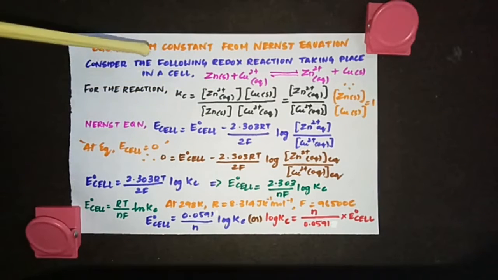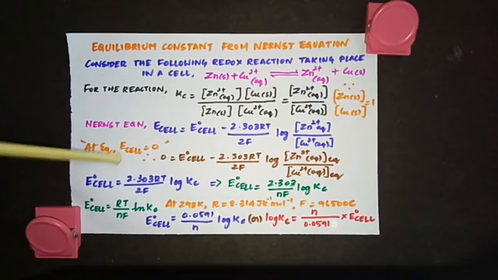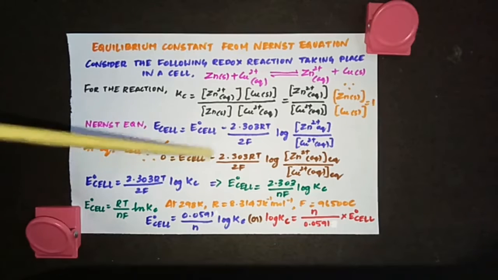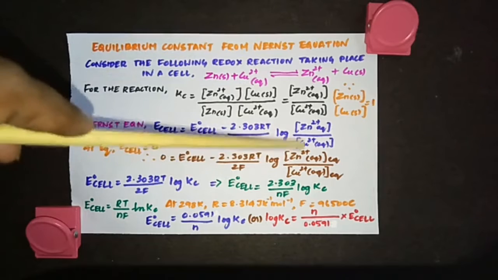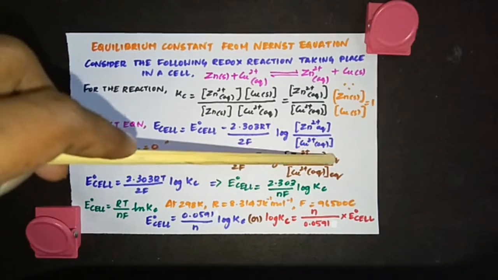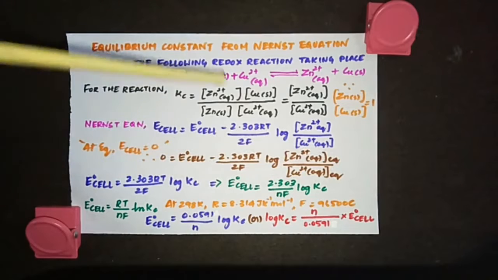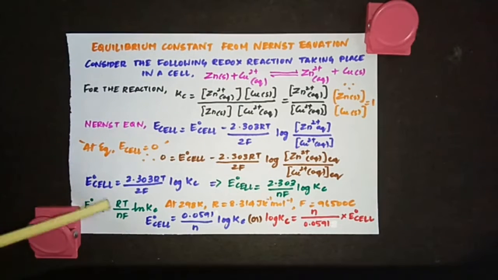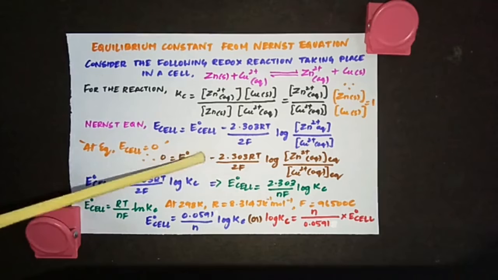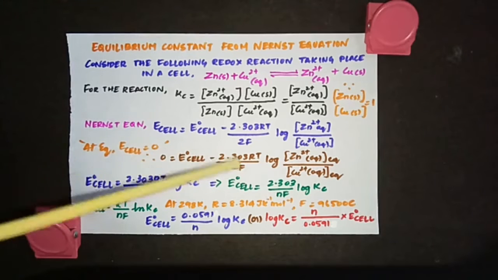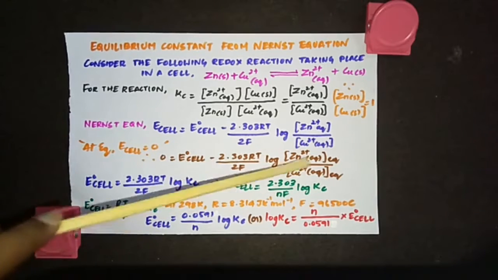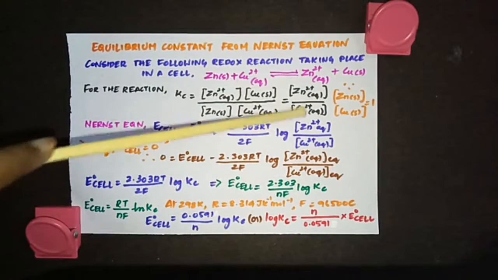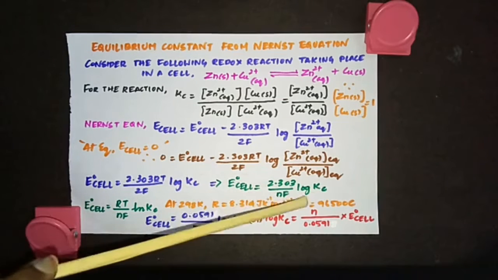So when the equilibrium has reached, E cell will become 0. So E cell is equal to 0. So putting that 0 here, this will be equal to E naught cell minus 2.303 RT by number of electrons, which is 2, so 2F log Zn2 plus aqueous by Cu2 plus aqueous. This is at equilibrium, because equilibrium has reached, we are putting eq here for the concentration at equilibrium. So this can be rewritten as E naught cell is equal to, this minus will become plus when it comes to the other side, 2.303 RT by 2F log Kc, because this part is Kc. So Kc is Zn2 plus by Cu2 plus concentration. So instead of this, you are writing log Kc.